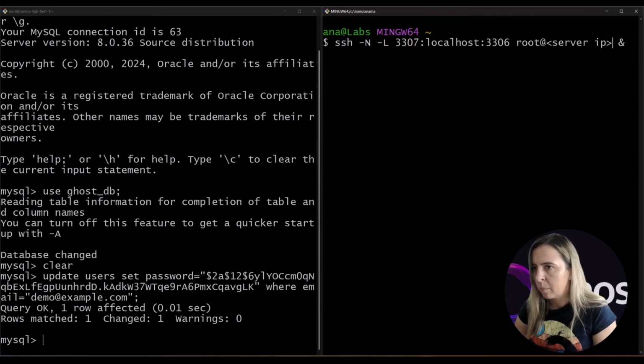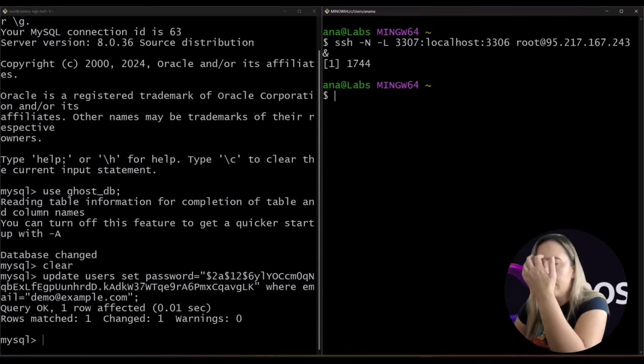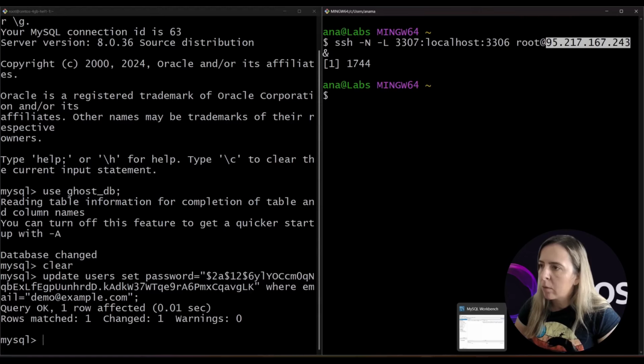Our server IP is this, and this takes up a 3307 port and port forwards the MySQL service that's listening on localhost 3306 on this server with this IP. And now you can go to, for example, MySQL Workbench,